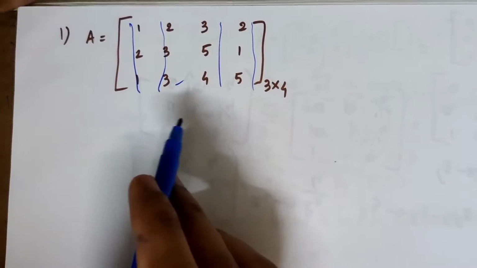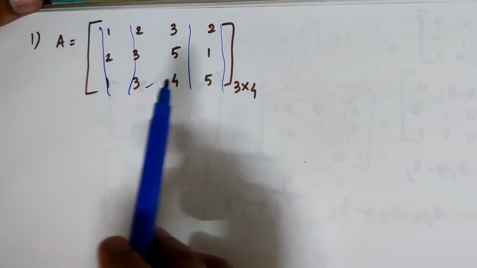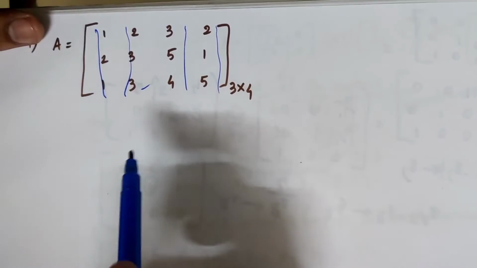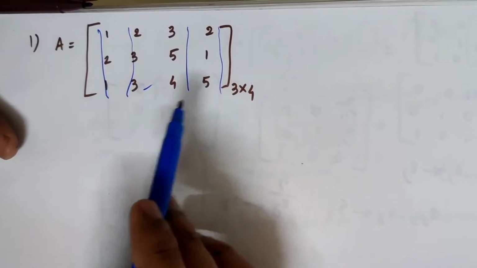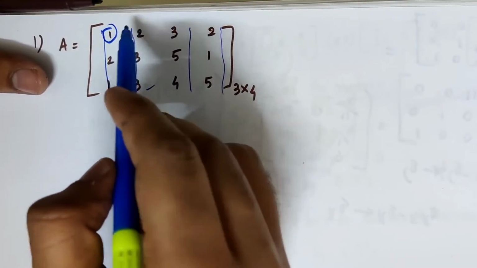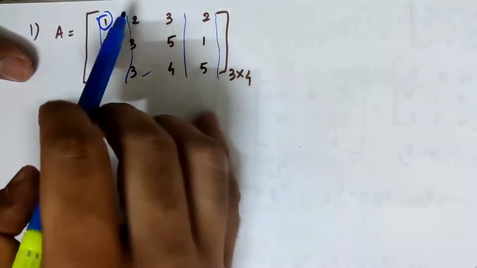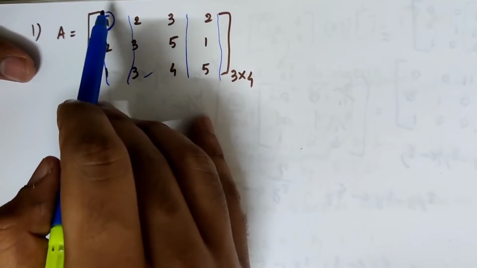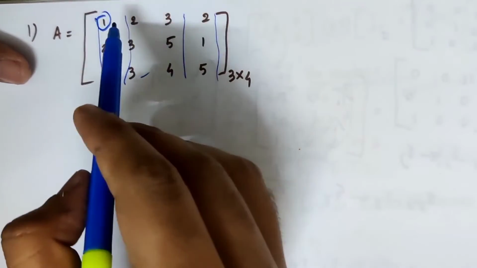Now I am explaining how to do the normal form for a rectangular matrix. What is our first step? The same kind of steps you have to do. You have to make this element 1. Here it is already given as 1. If it was not 1, then you have to make this element 1 by dividing by the given element. Suppose it was given as 4, then you have to divide this entire row by 4. Like that you make it 1.